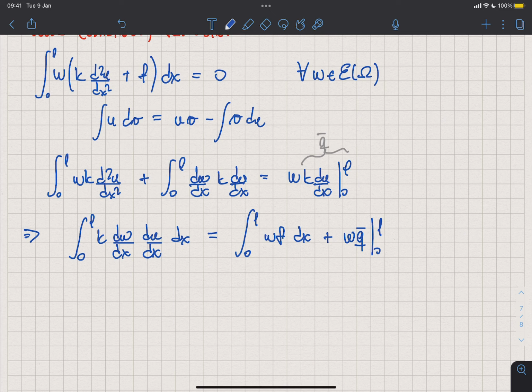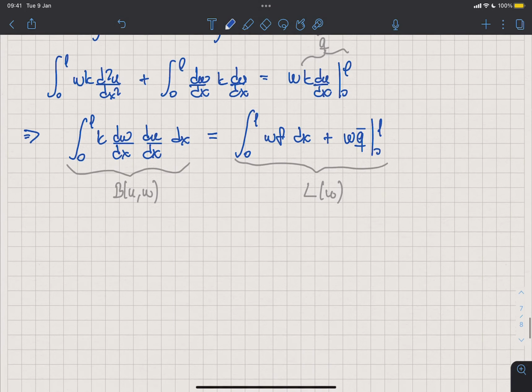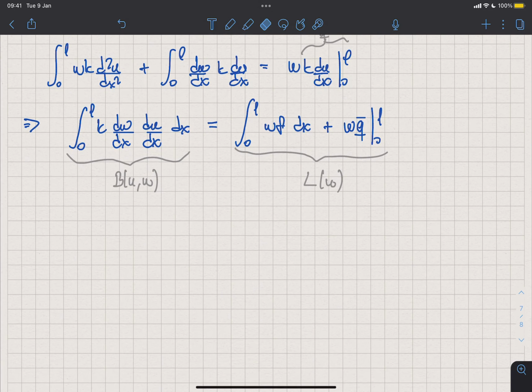And this term here, we call it, as usual, B of U W, and this whole thing to the right, L of W. And again, my abstract statement of the weak formulation is find the temperature field U that belongs to some space. Well, I was using E, let's keep using E, such that